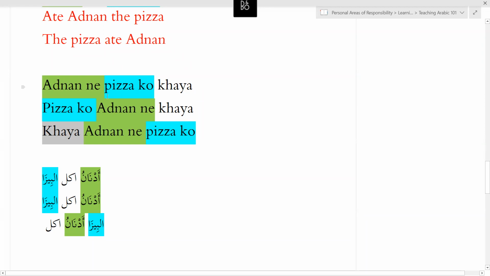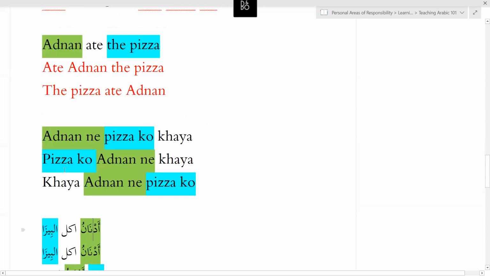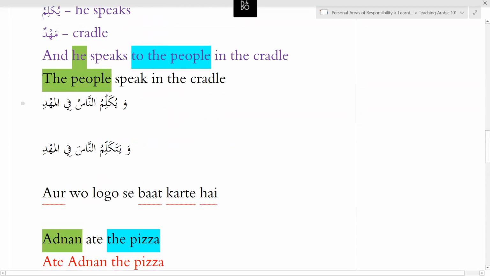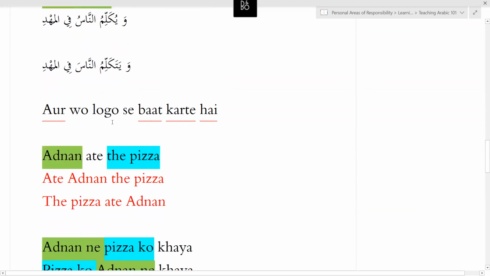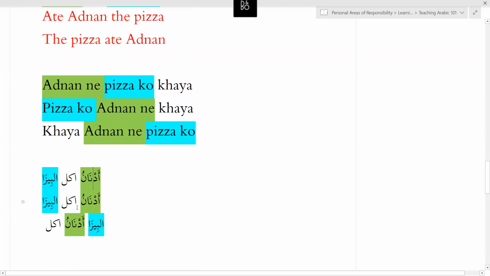And when you use it in a bigger context, it gives a lot more meaning. So Arabic, a part of it is the words itself. A part of it is also how you structure the words. Okay, so that's why Adnan nu and al pizza need to be the u and the a. Same way. Now coming back to this. But Sahuba, al pizza will be the pizza, right? So pizza, or I can say pizza. Okay, that's okay. Adnan ate the pizza. This would be Adnan ate a pizza.